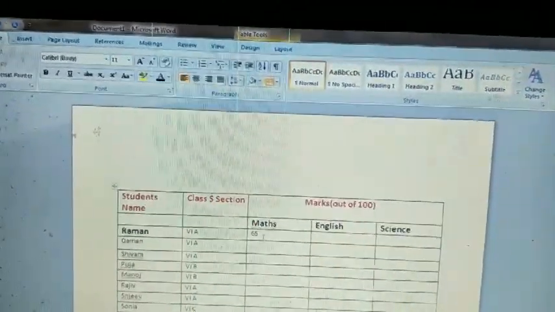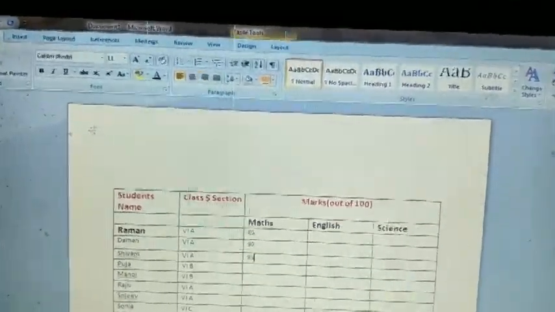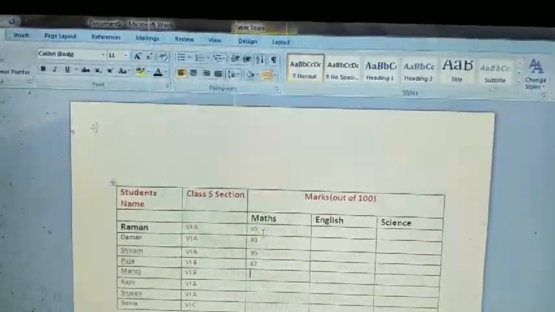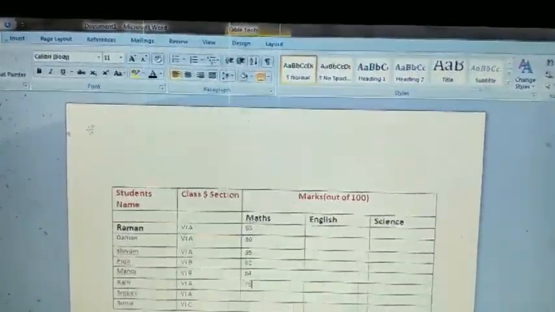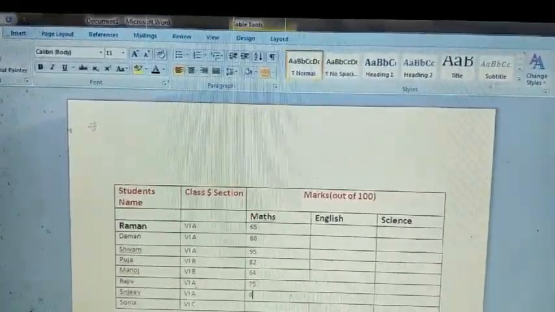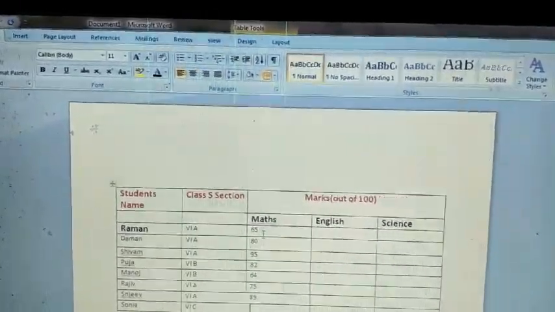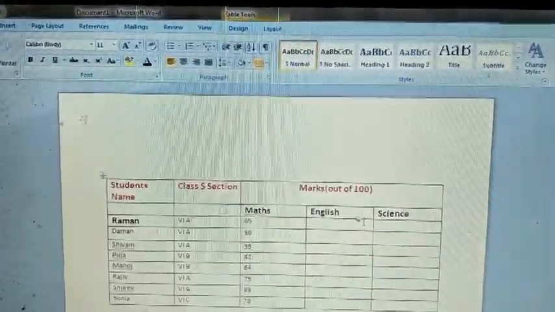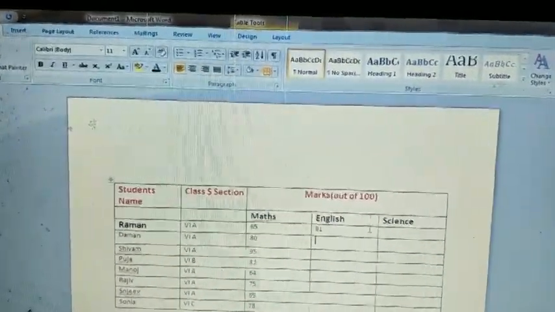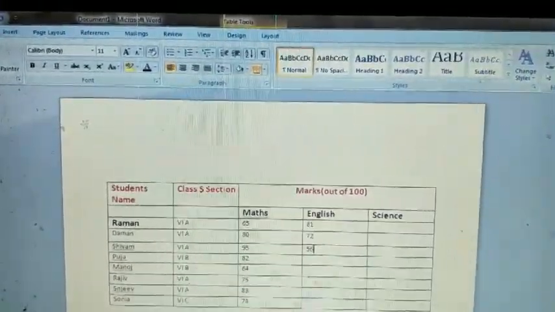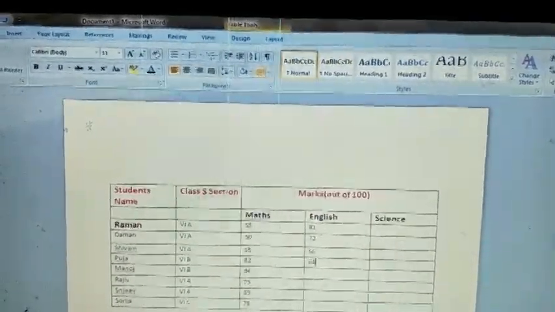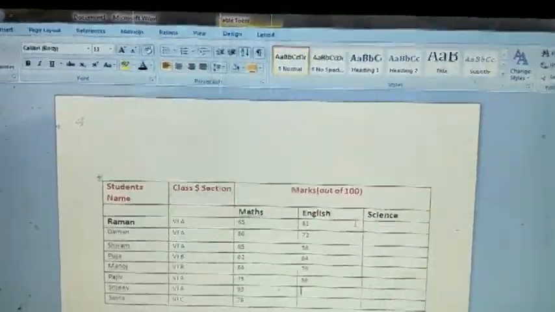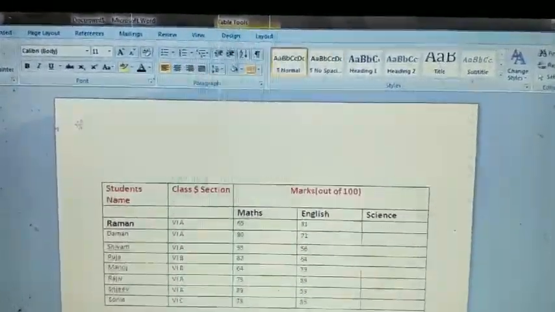65, 80, 95, 52, 64, 75, 89 and 78. English marks 81, 72, 56, 64, 79, 88, 59, 86.